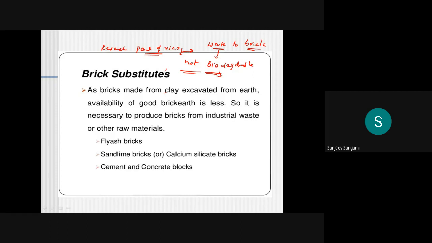So what we have to do is use the industrial waste that is produced during many of the processing of the units. Okay, so always we have to concentrate on the byproducts, which the industries are telling is a waste. So we have to consider that waste and we have to produce energy.